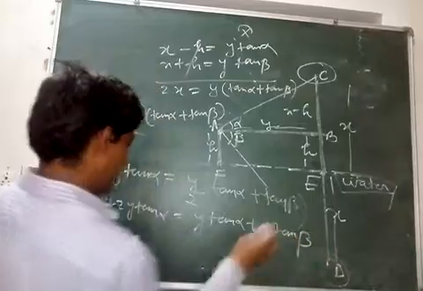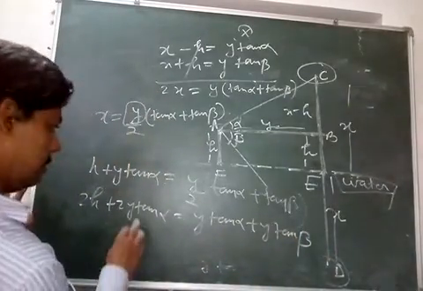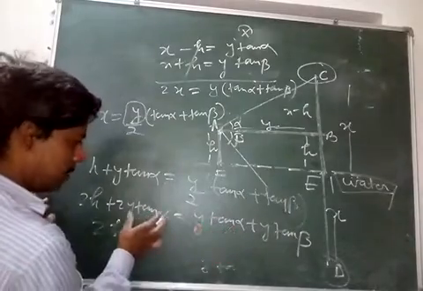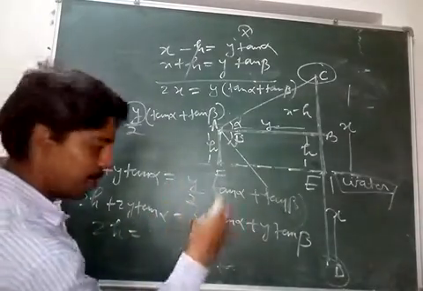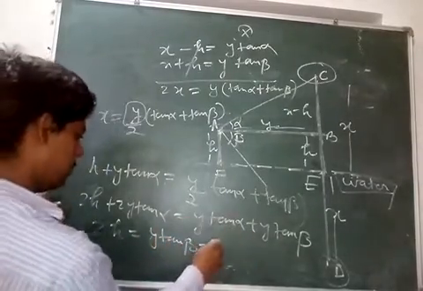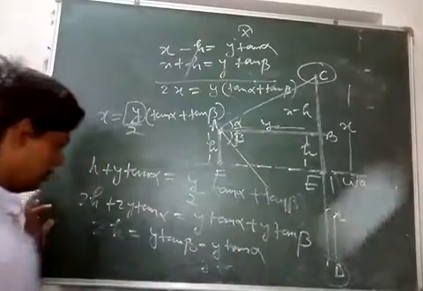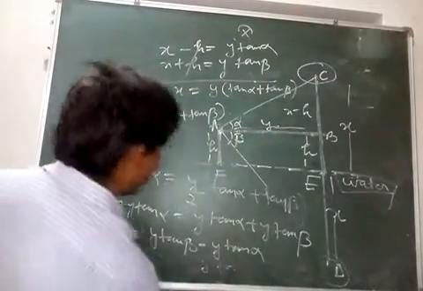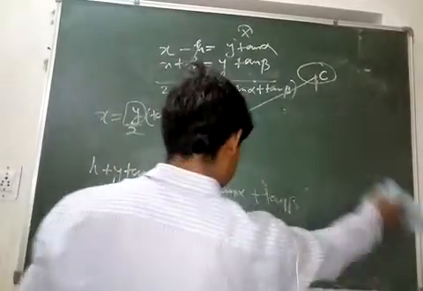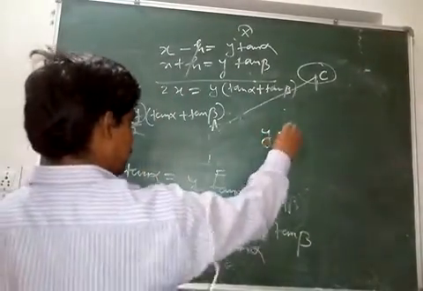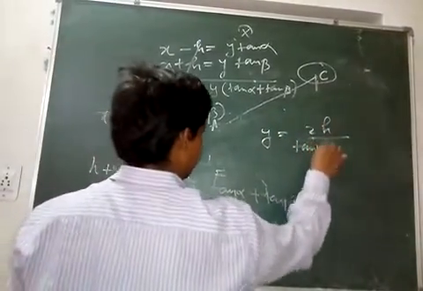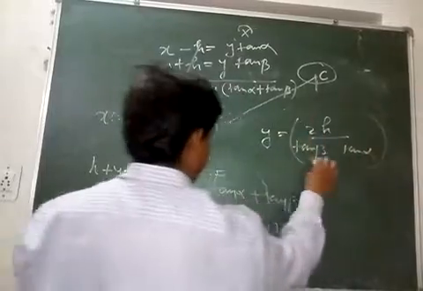Okay. And here we can take this to that side. So we get 2h is equal to y tan alpha minus 2y tan alpha, so we are getting minus y tan alpha, and y tan beta from here. We can take y common now, and as you take y common, you will get y equal to 2h divided by tan beta minus tan alpha. This is how you get the value of y.